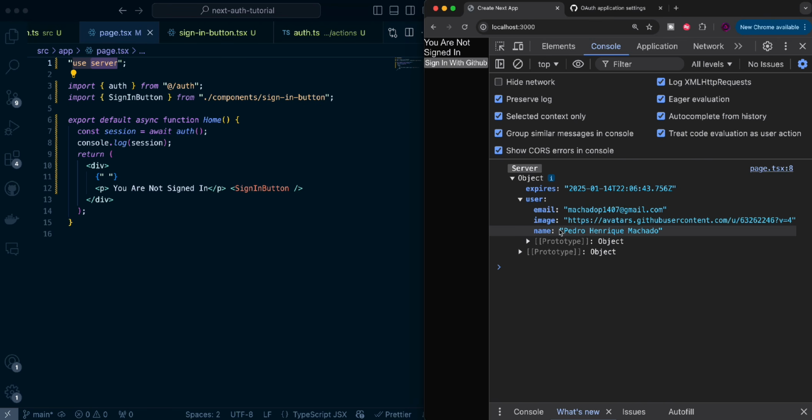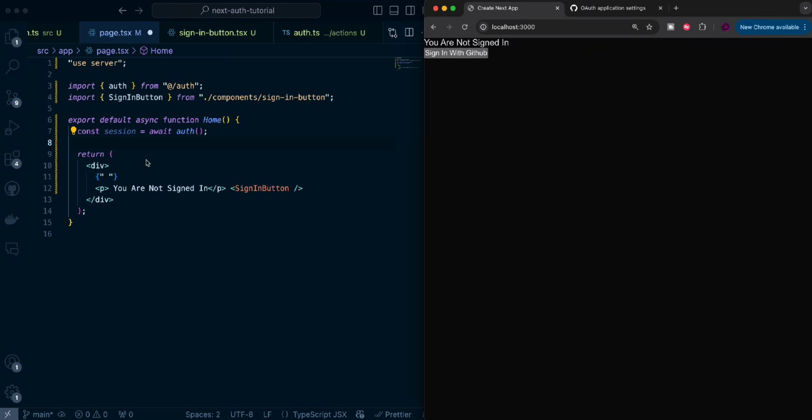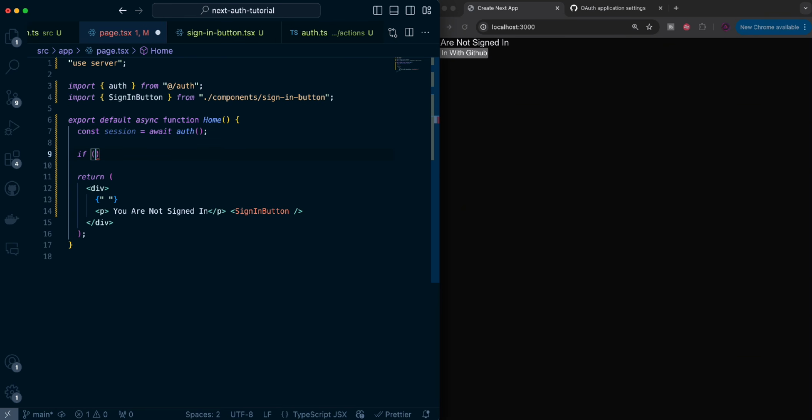It has my email, my image, and my name. So how do we use that to display some sort of cool UI for us? Well, we know if a user is logged in or not because the session variable will be different. So we'll create a version of this in case there is a session user. So we'll say if session.user is true,